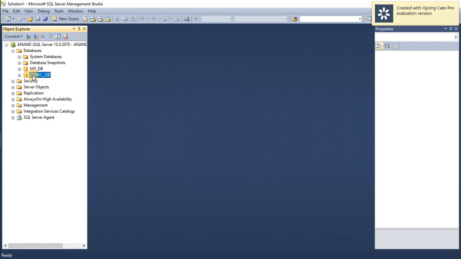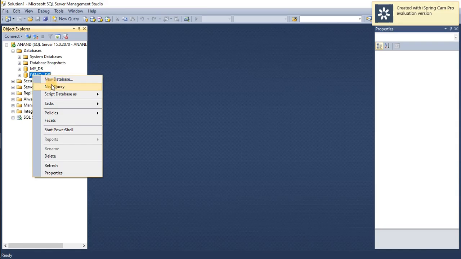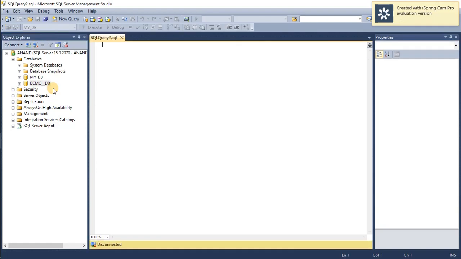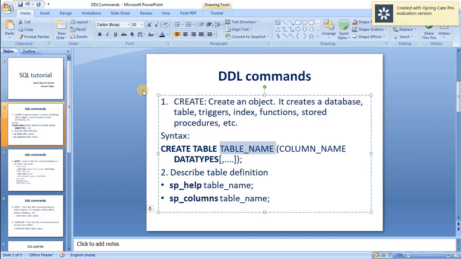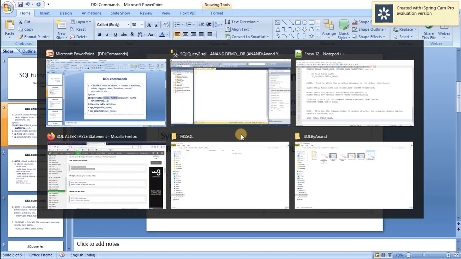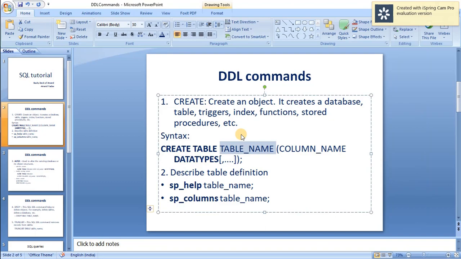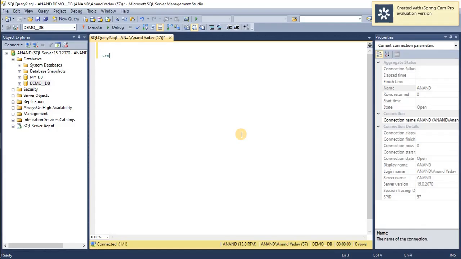Now I click on DemoDB and click on New Query. Yeah, a SQL editor is open. Now first of all we are going to create a table for employee. As we have seen in the syntax, CREATE TABLE, then the table name. So I am going to create a table for employee,